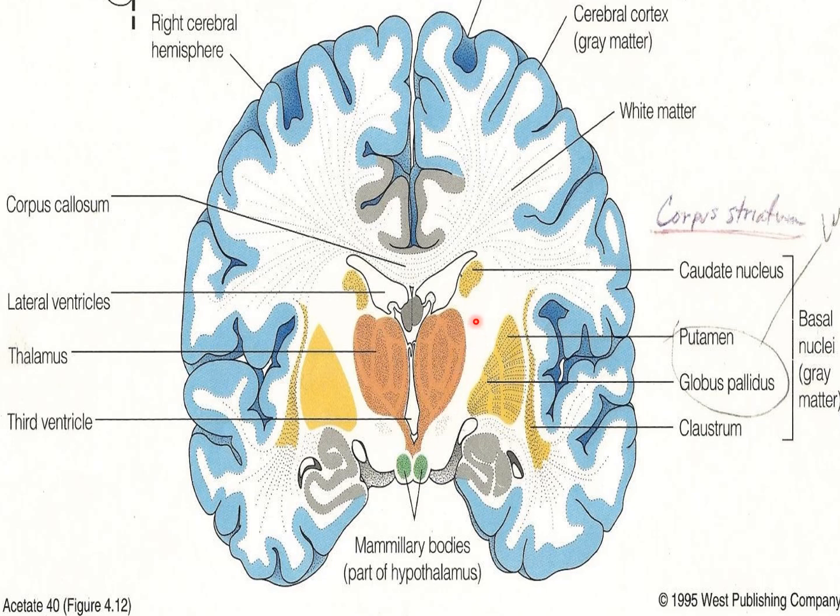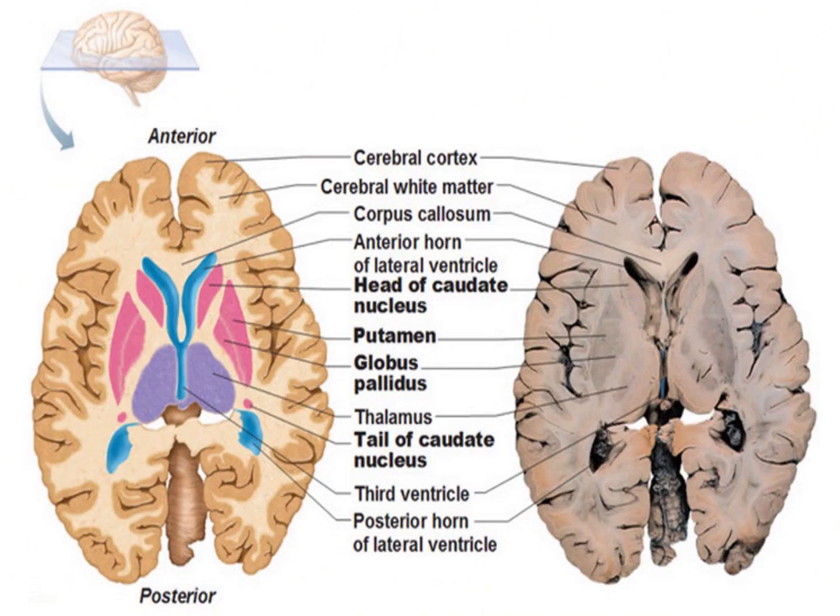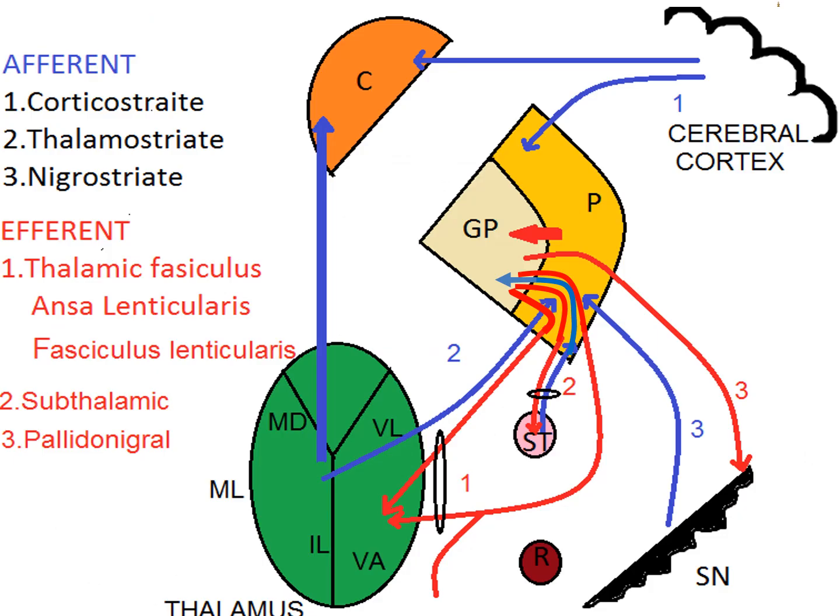And this part here is what is called the internal capsule. Medial to the internal capsule, this is the thalamus. Here what you can observe is the caudate nucleus, and this part here which you can see is the claustrum, which is again a part of the basal ganglia, and the part which you observe between the claustrum and the putamen is what is called the external capsule. The globus pallidus appears paler than the putamen.